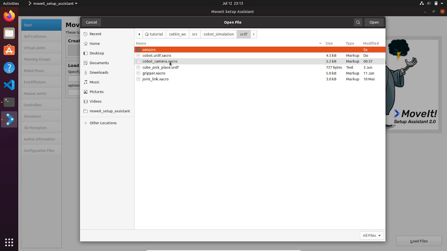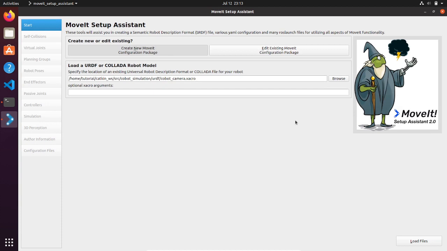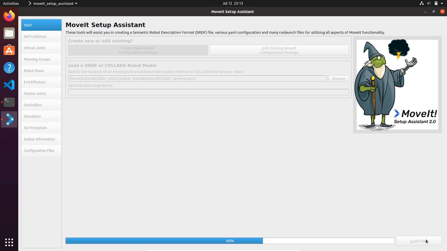And if it doesn't work for you, it means that this setup assistant doesn't accept the URDF extension. So just remember to change the name and put it as a xacro extension. So let's do it, and click load file,